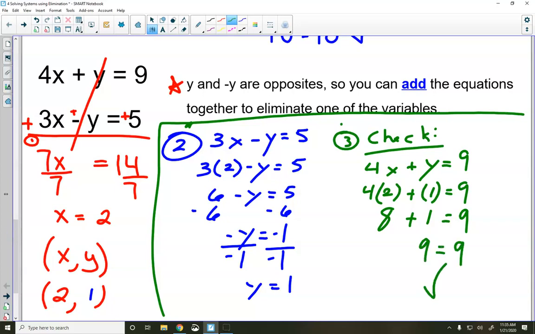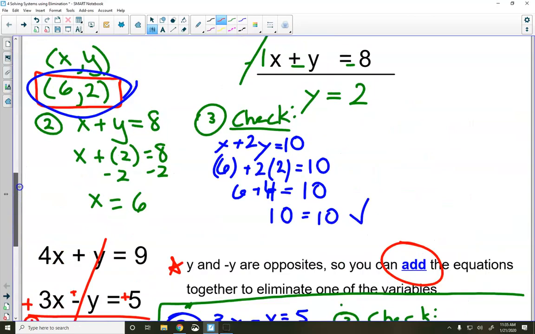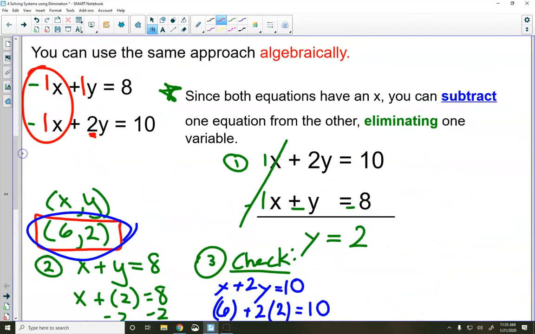It checks out. So the only difference is identifying, hey, do I need to add these equations or subtract them? When the signs are opposite, you add. When the signs are the same, you're going to end up